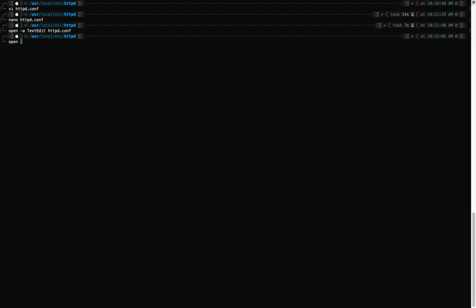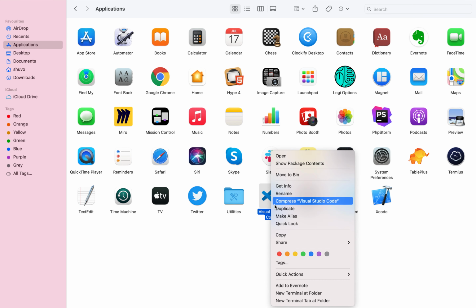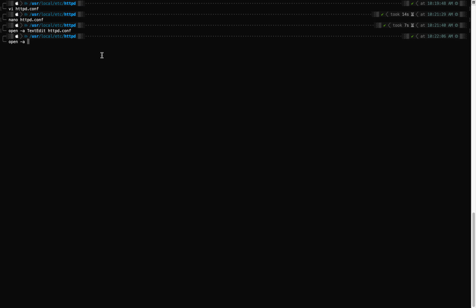If I type open and then an application, now we'll choose the application. In my application list, I have a lot of files. Okay, let's open it with Visual Studio. I copy this code and type it here, then the httpd.conf file. Oh, sorry, this application has a space in the name, so we'll surround it with double quotation marks. If your application name doesn't have a space, then you don't need to put that. So if you open that,